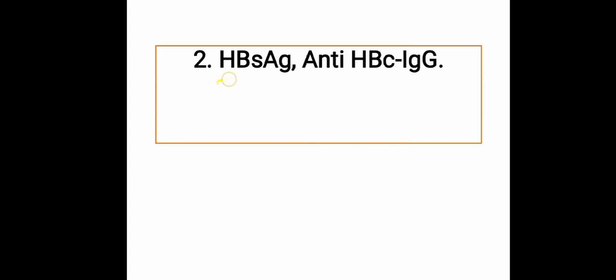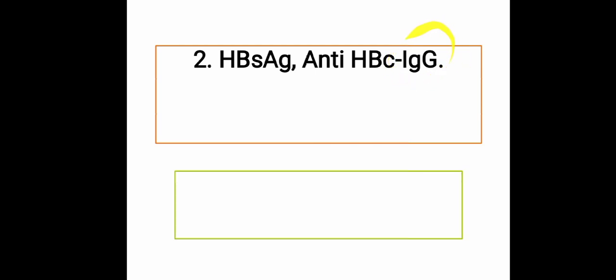Let's see the next question. The patient has hepatitis B surface antigen plus anti-HBc IgG antibody. IgG suggests chronic infection, and the antigen suggests current multiplication is going on. Let's see the answer: chronic hepatitis with active infection, right? Let's see the third question. Anti-HBs. What is anti-HBs? Try to remember. Yes, you're right. They suggest vaccination.